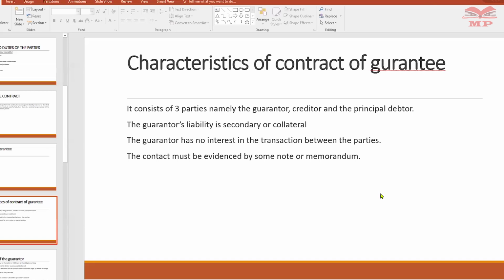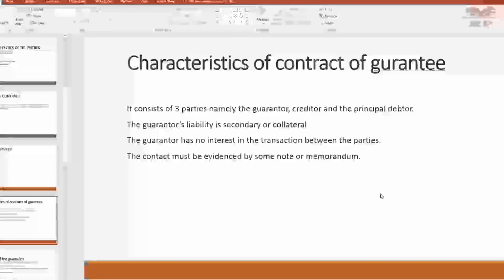And when we say that the contract must be evidenced by some note or memorandum, this is ideally what we're saying. You must read and understand what you're guaranteeing. Now that you have agreed to guarantee,